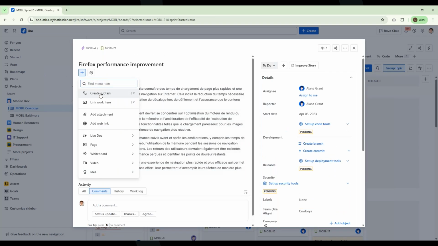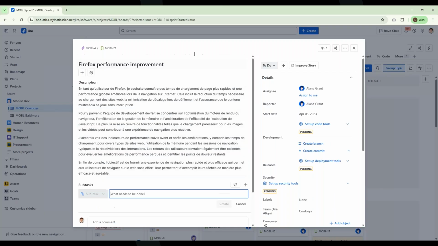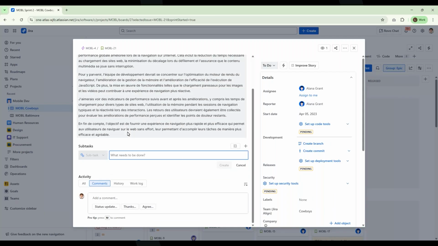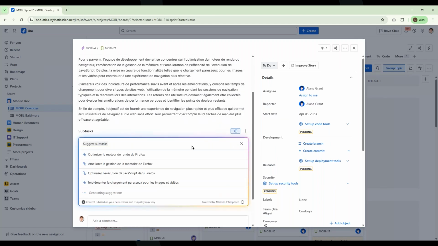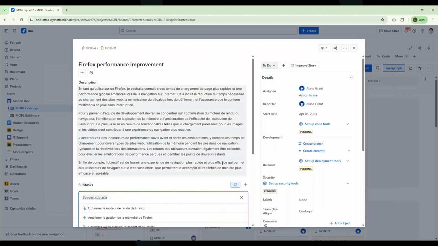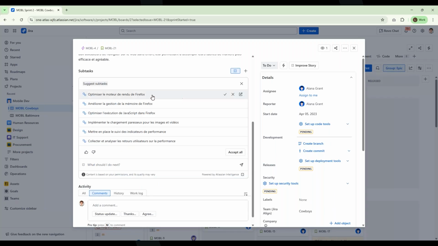Another really cool feature with AI, for example, for this user story, if I want to create subtasks, how this process would usually work is that I, as a project manager or with my team, we will create all the subtasks that are going to be needed for completing this user story. But with the assistance of AI as well, I can auto-generate all those subtasks. So once again, I can click this button and the AI will read through the description